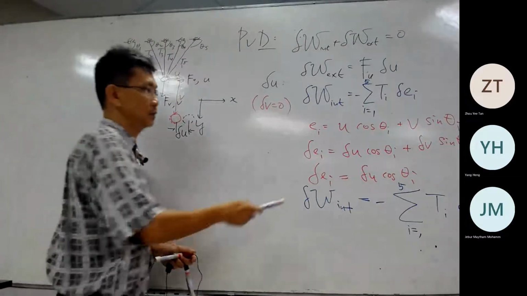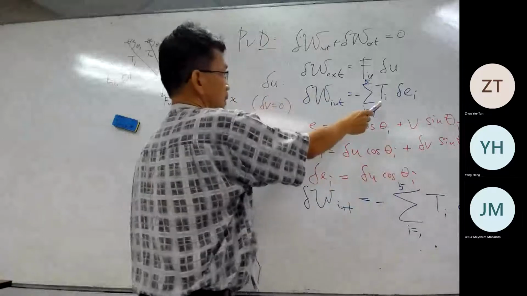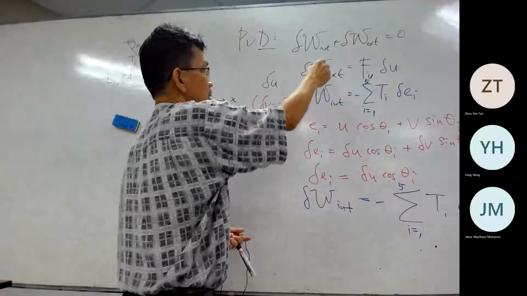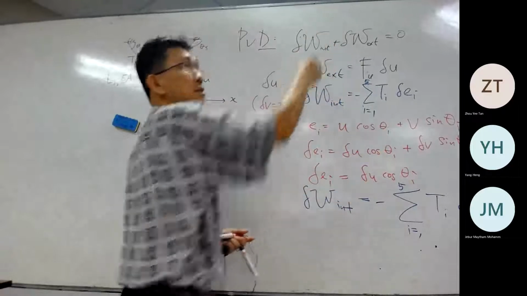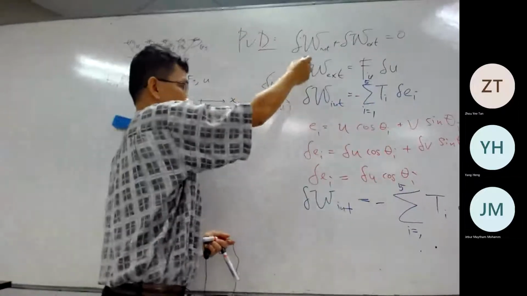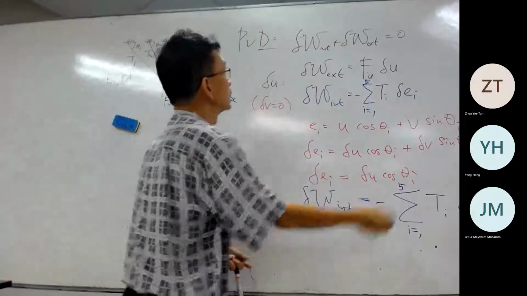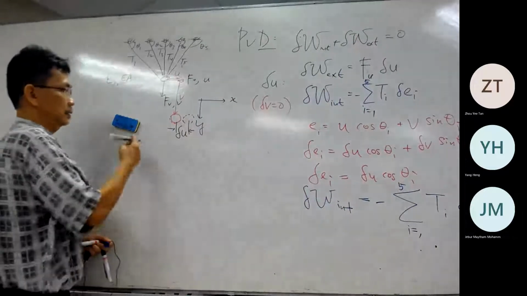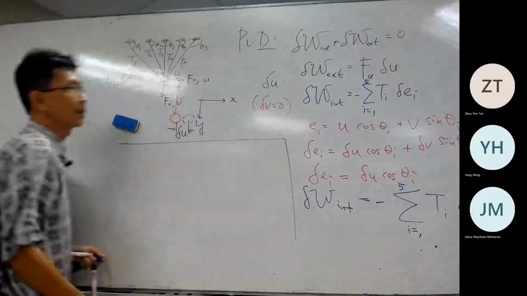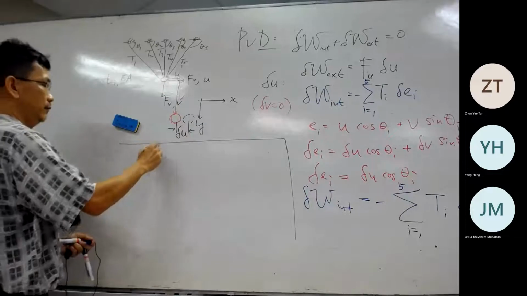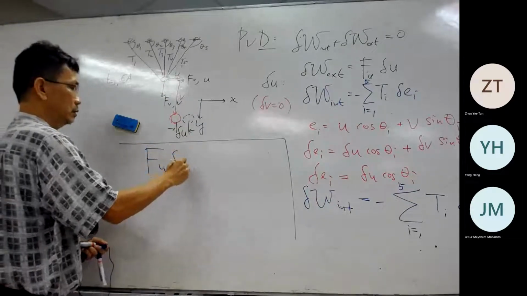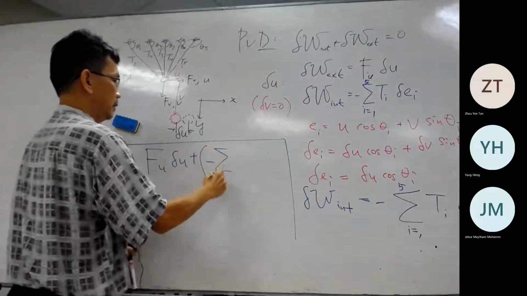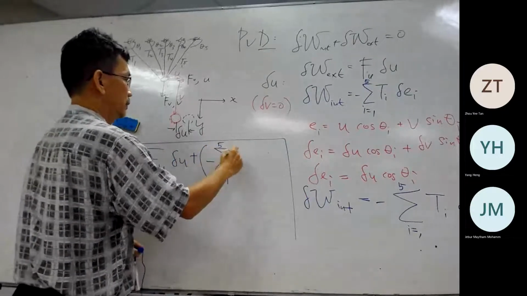So now we have delta U on this side, also delta U on this side. Now we combine this, and this into this. This one and this one, plus this one, then make it equal to 0. Let me write it down here. So you have F_U delta U plus negative of this, I equal to 1 until 5,